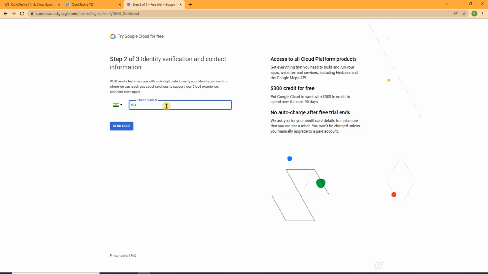Then it would send a code, and you need to put your credit card information and everything, and once the account is done, it is in a good state. Now I'll not use this account. I'll use a different account to demonstrate everything, but I highly recommend you use this feature of 300 dollars credit, which is for 90 days, which is much more than what you need. It is a good way to start with your Google account using this Google Cloud solution. Let me continue with the rest of the steps with a different account. This is just to show you how to set up a new account.